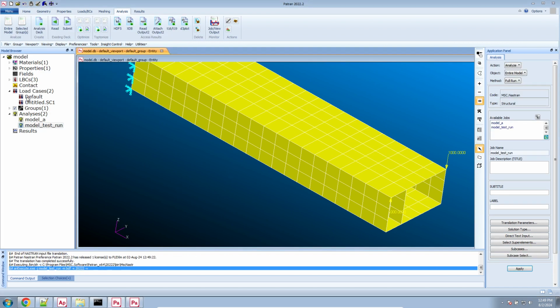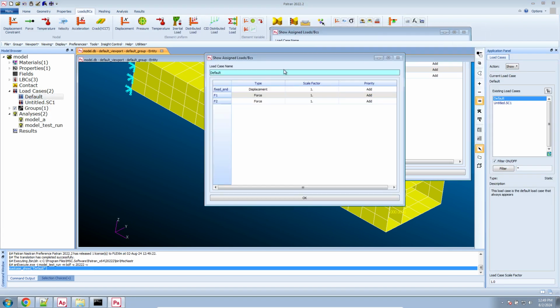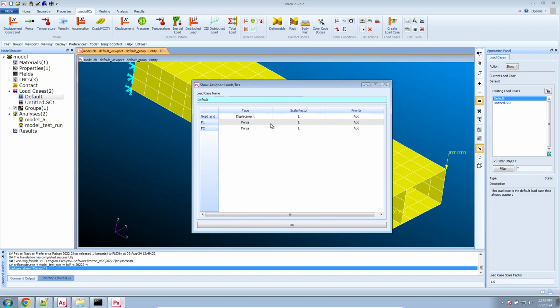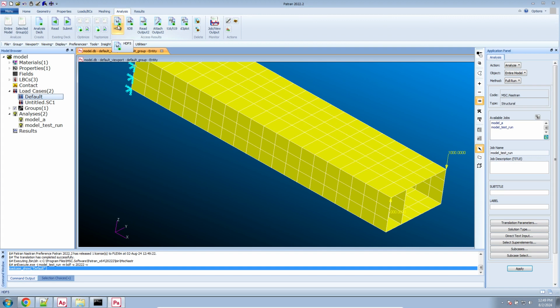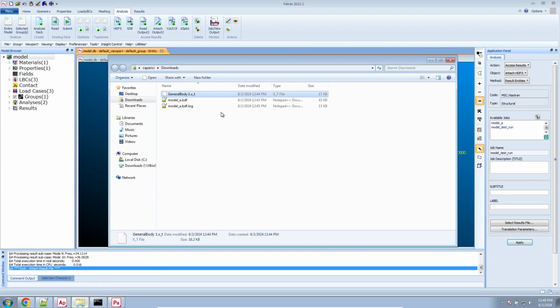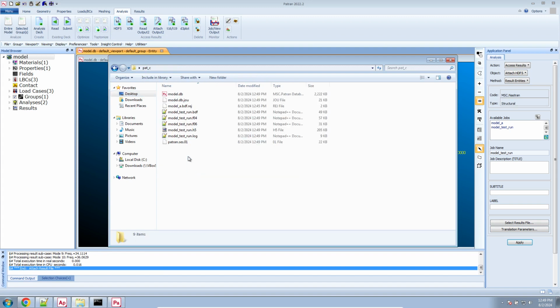If you remember, here if we right click on the default load case and select Show, this shows you all the boundary conditions and loads for the default load case. So we've gone ahead and performed the analysis. Let's go ahead and import the HDF5 file. So here, click Analysis, the Analysis tab, click on HDF5, click Apply, and this will automatically import the H5 file